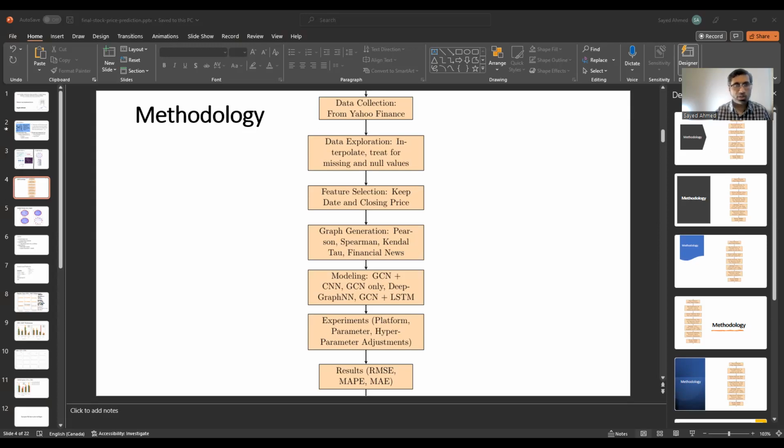Price from Yahoo, finance news data from Kaggle. Okay, I'm fixing the diagram.